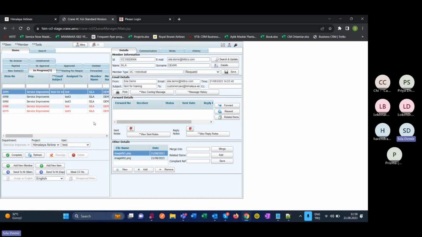Because test three is working in the service improvement unit department, she can only see their department's items. She cannot see the other departments' items. This is the first difference between the call center and the super user. Also, you can see that the department drop-down list is disabled for me, and there is no assign button, which means that the agents who have the call center user role